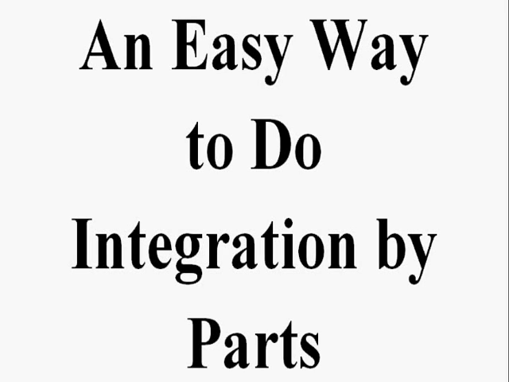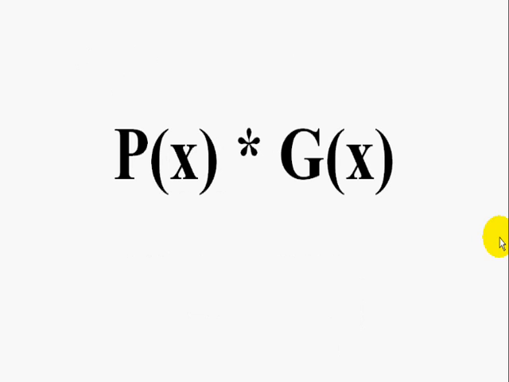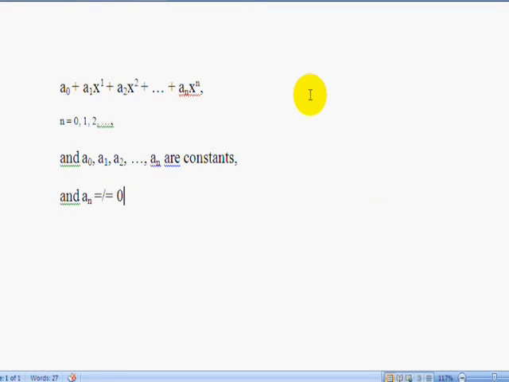This video will show you an easy way to do integration by parts. However, the function that is to be integrated should be of the form p(x) times g(x), where p(x) is a polynomial. Now, a polynomial is an expression of the form a0 plus a1 x to the power 1 plus a2